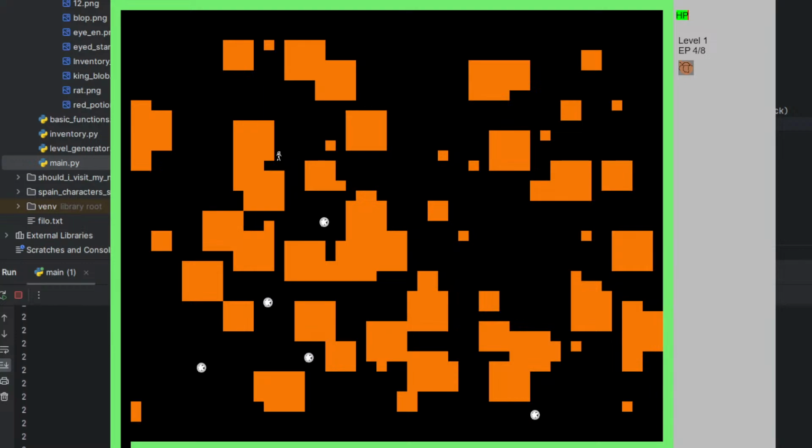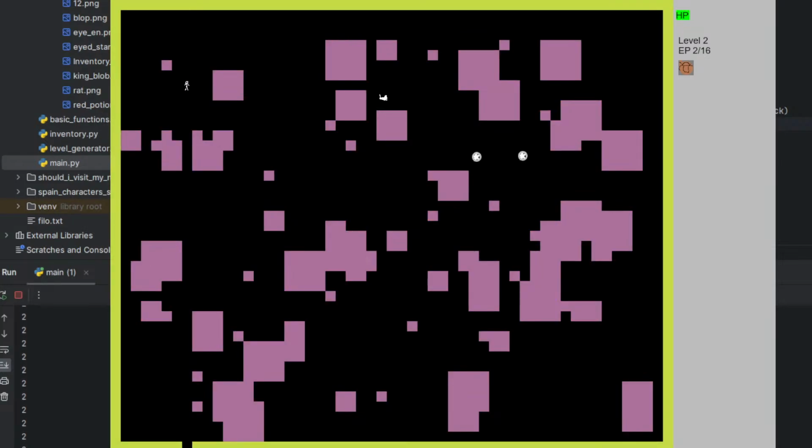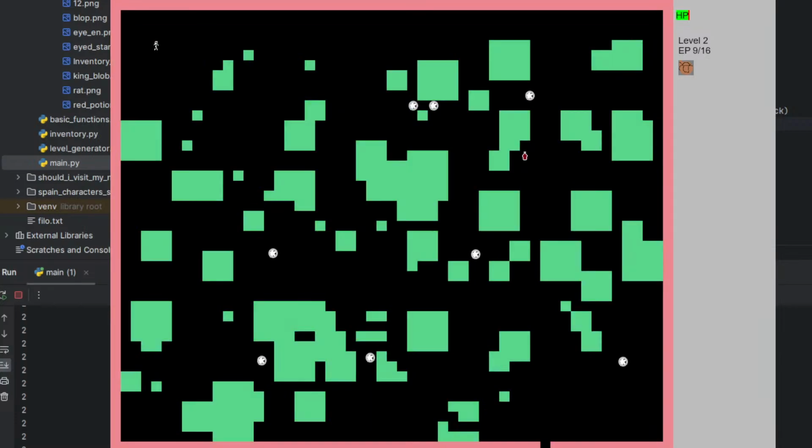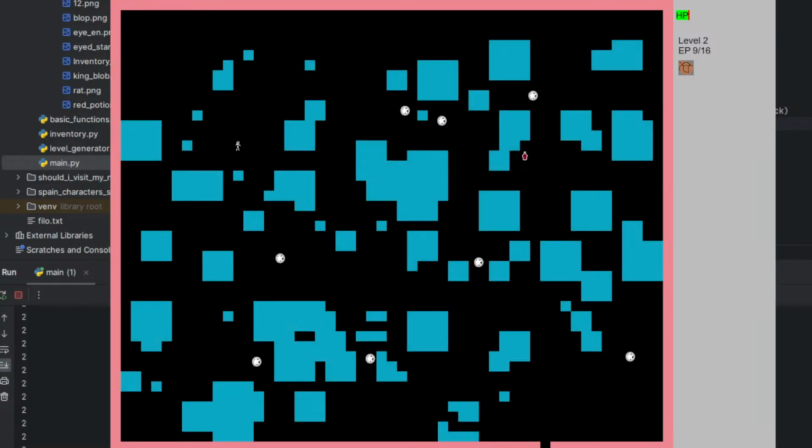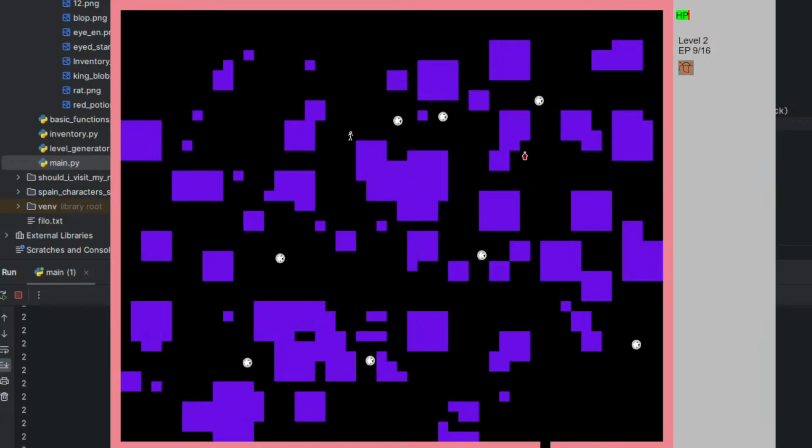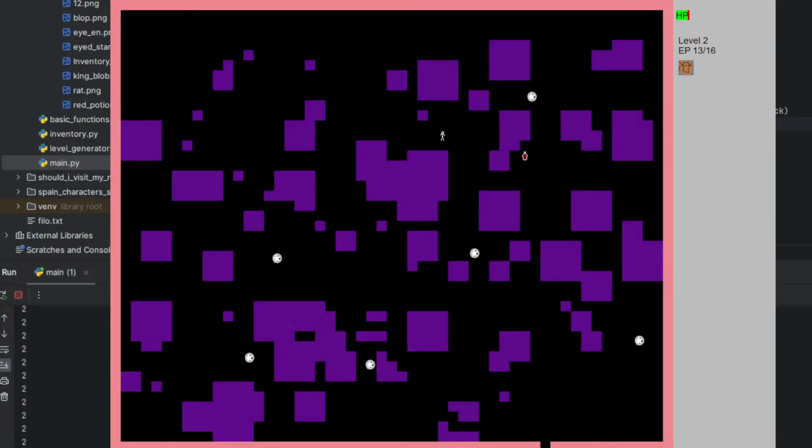Yeah, it works. We got an orange room with easy enemies. Here we go. Now we got the kind of trippy one, the trippy level.